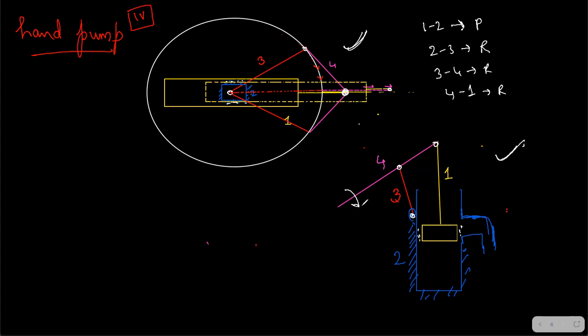Here you will give oscillatory motion. So this pink will go up. As the pink goes up, the slider is pulled down. As the pink goes down in a straight line, in the same straight line, the yellow link is going to go down, and then it's going to pull water from the ground, and then it is going to pour water outside the tap, right? Tap or whatever outlet. Fine. And then you are going to place a bucket here and fill it.